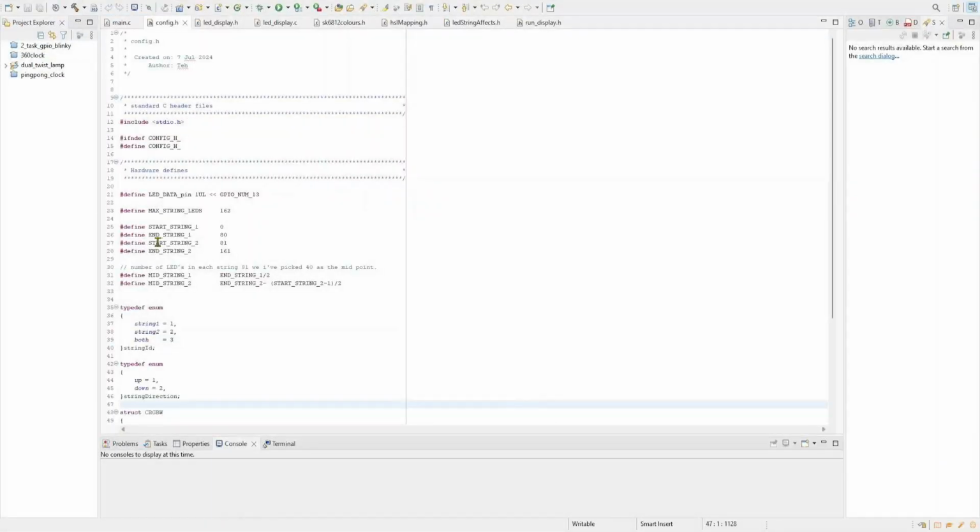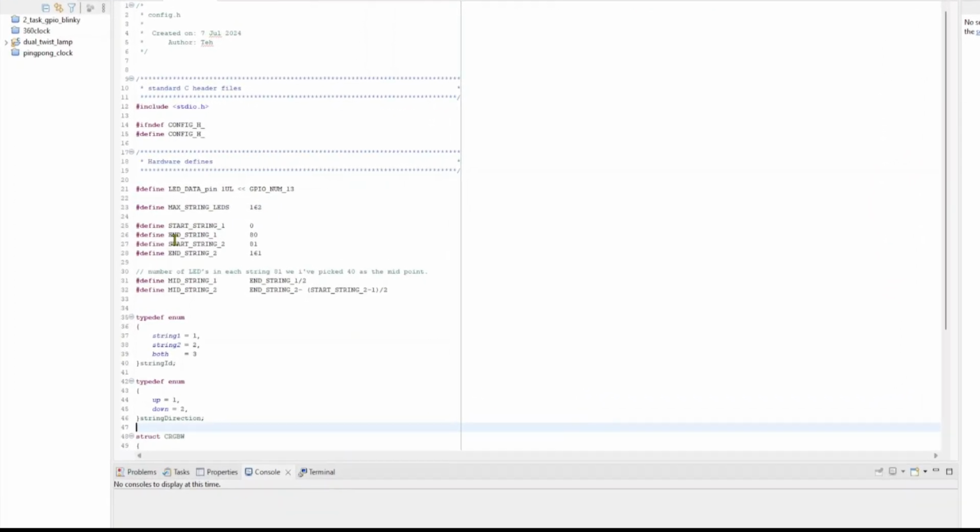Titled My Software. This is just a quick and dirty run through of the software that I wrote to exercise the LEDs so that I could see if it was working and I was happy with it, and then maybe after that I'll move on to... well, let's start the software somewhere. So I'm going to start with the